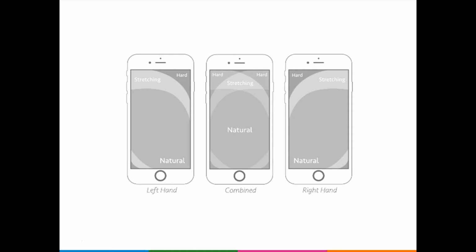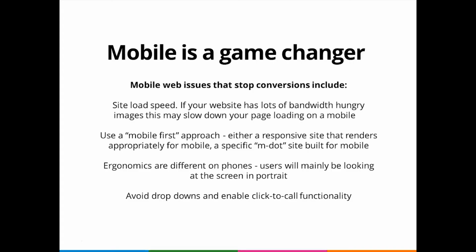This fundamentally alters how you design your web page. There are numerous common web problems. The biggest is probably site load speed. If your site has lots of bandwidth-hungry images that aren't properly compressed, this may slow your page loading. A study by Movi found that if your page hasn't loaded in 4 seconds, phone users will already have started